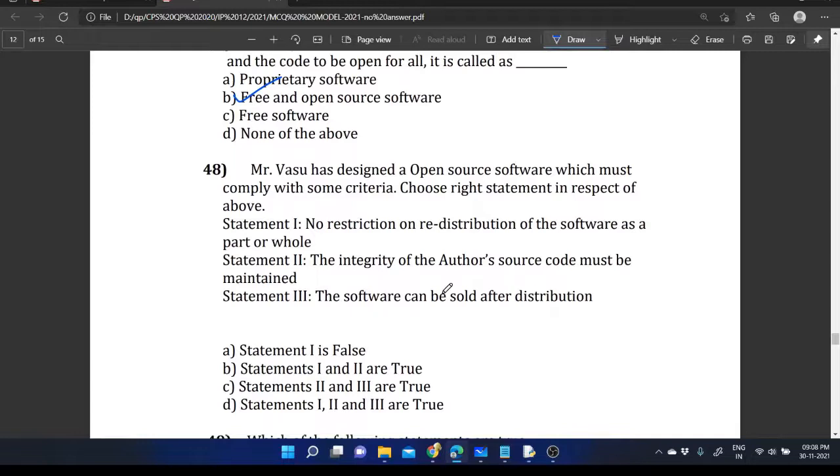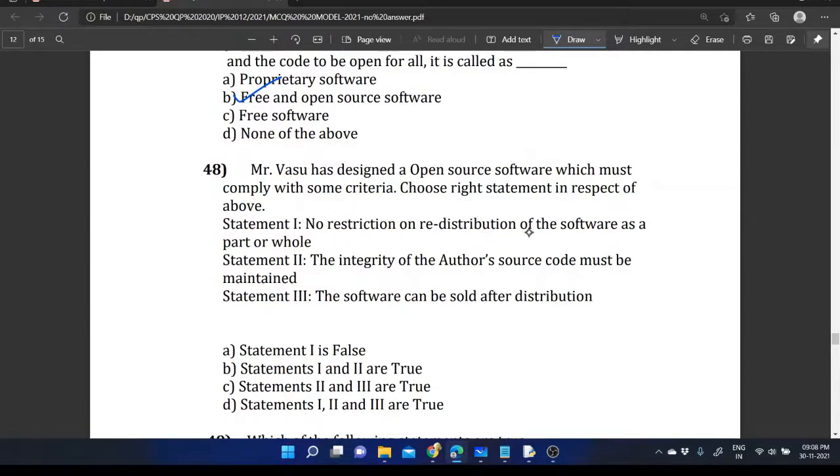Mr. Vasu has designed an open source software which must comply with some criteria. Choose the right statement with respect to the above. Statement 1: no restrictions on redistribution of the software as part or all. Statement 2: the integrity of the author's source code must be maintained. Statement 3: the software can be sold after distribution. Which one is the correct statement?